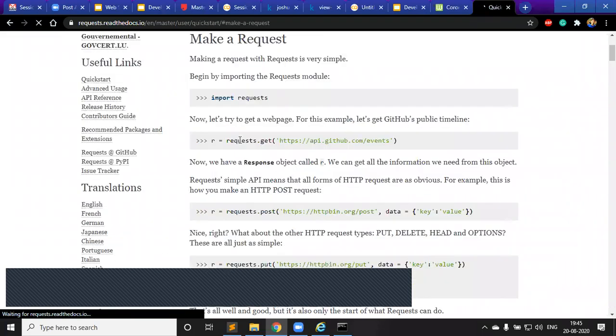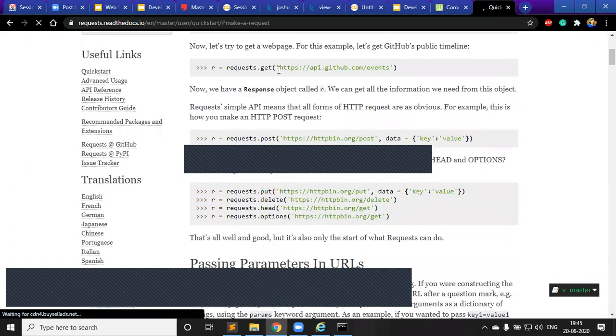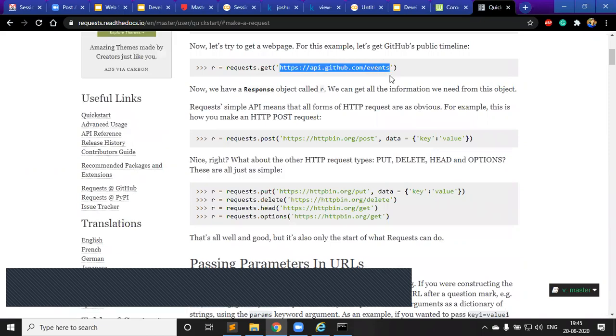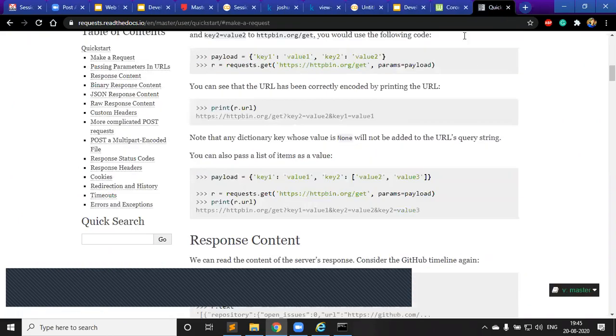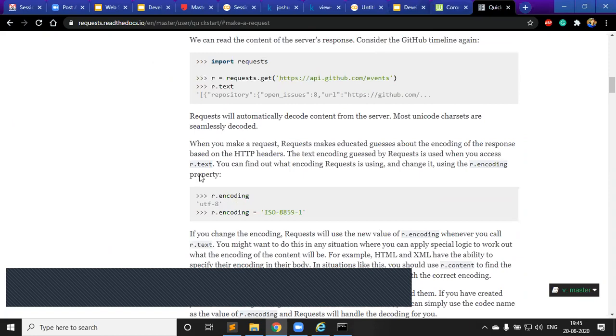Make a request. So it starts by giving me some examples, right? Request.get, request.post, data, key value, all of those things. Let me just go through it once. So anyway, it allows you to do all of those things, right? And then the second module is